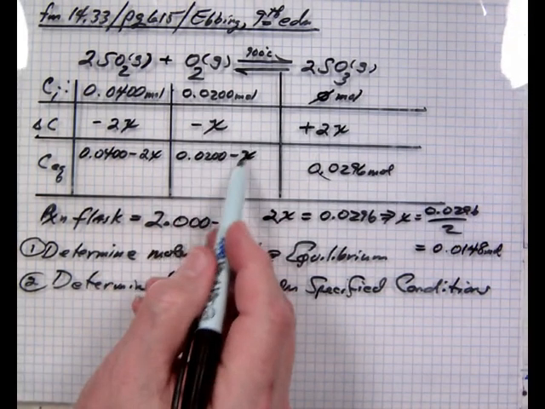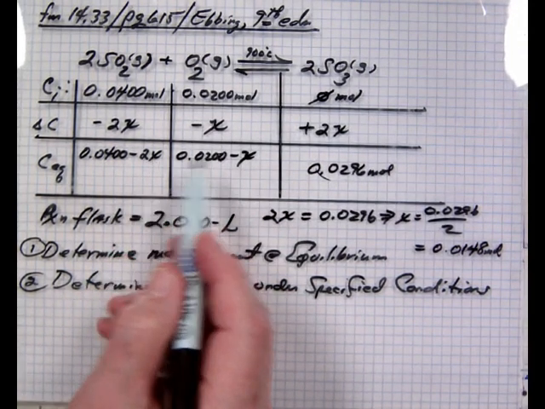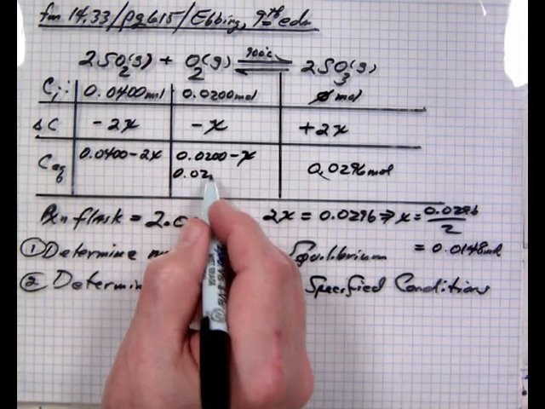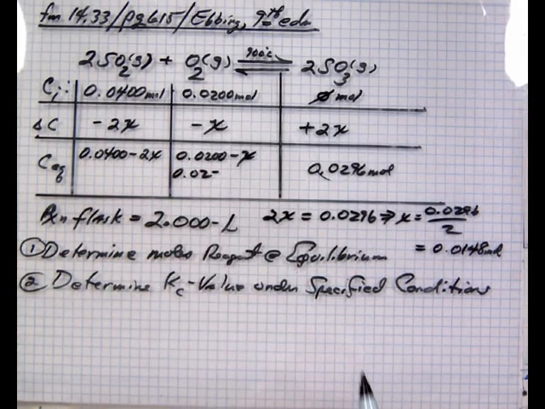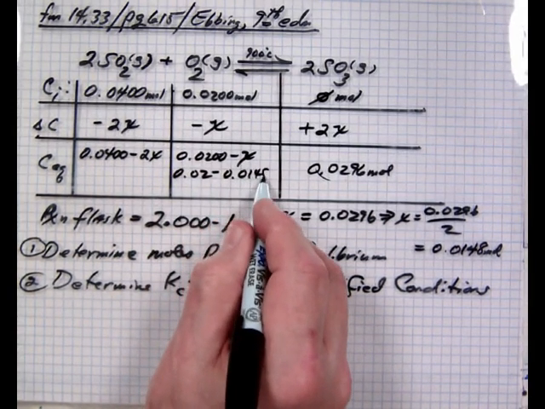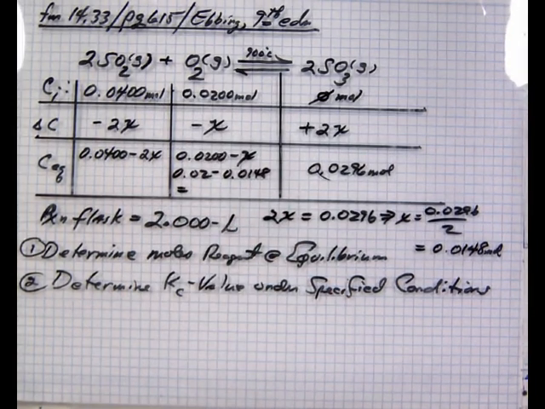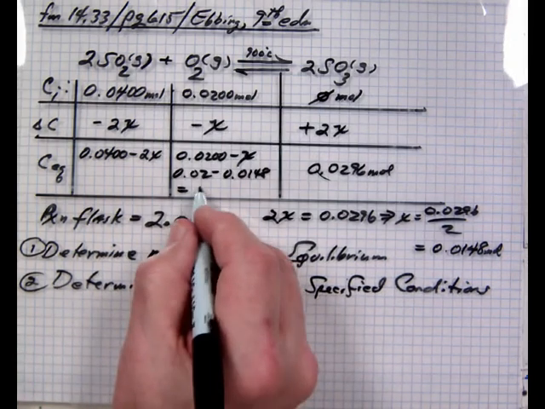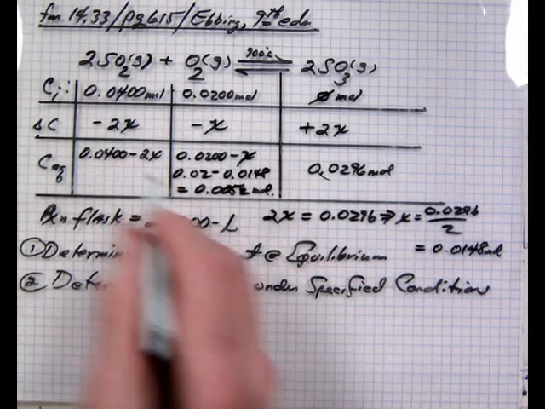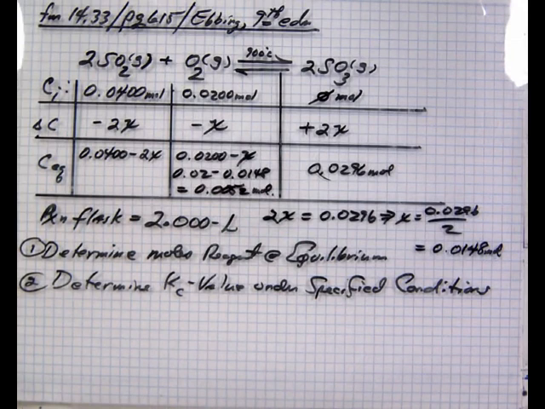Now we apply that in the positions for the x in each equilibrium case. So this would be 0.02, and I'll leave the last minus 0.0148, and this comes out. And then the last one is